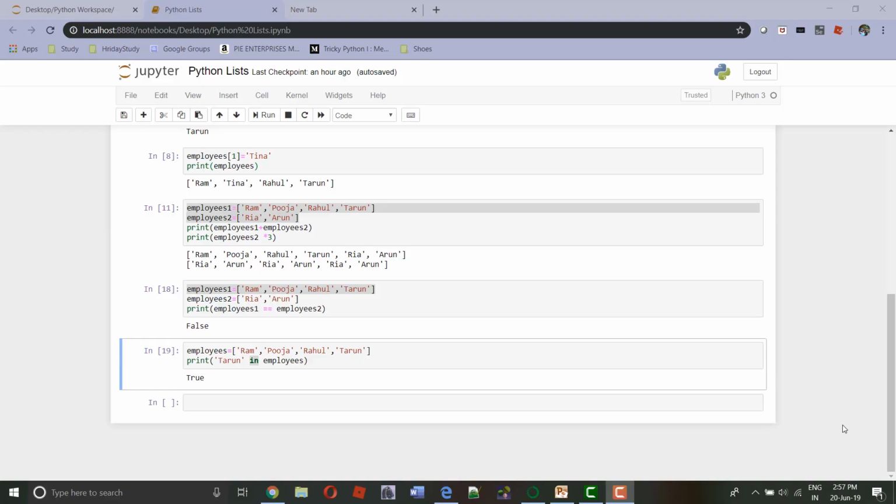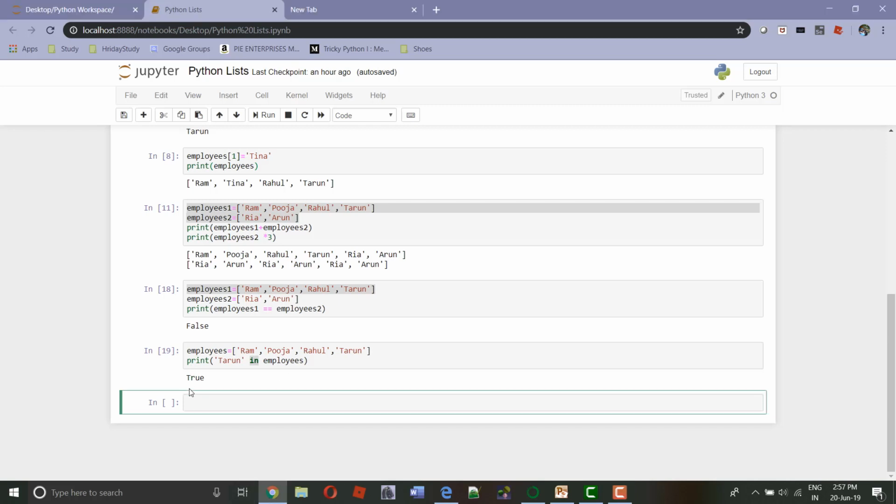In the previous tutorial we have seen how we can create a Python list and some of the operations that we can apply on the list. In this tutorial we are going to see how we can delete elements from the list, and how we can use the inbuilt methods like append, copy, count, etc. on the list. So let's start.